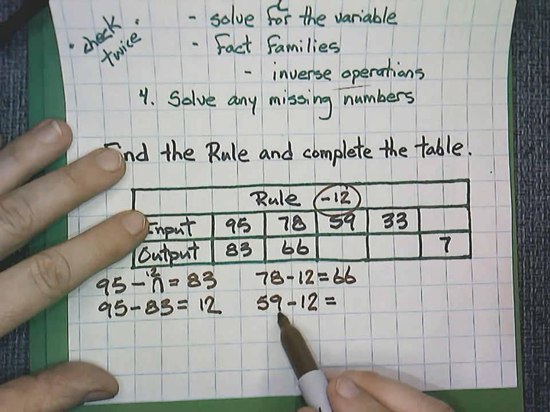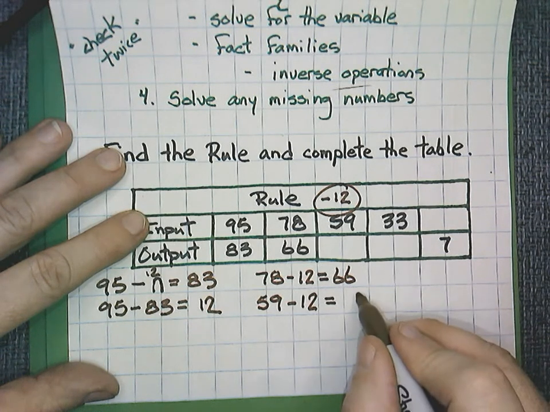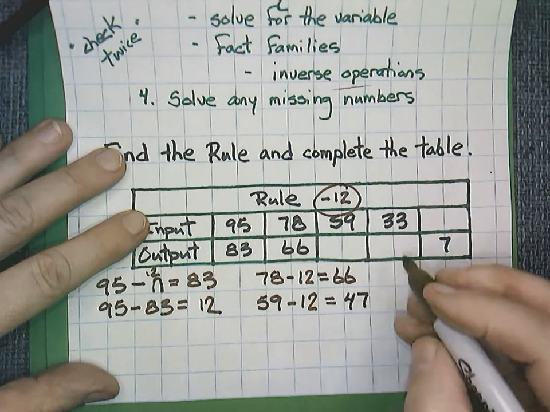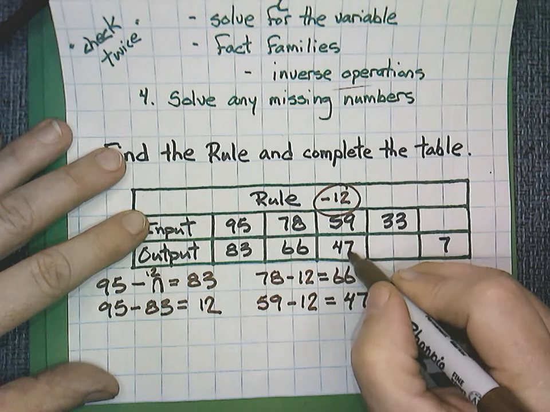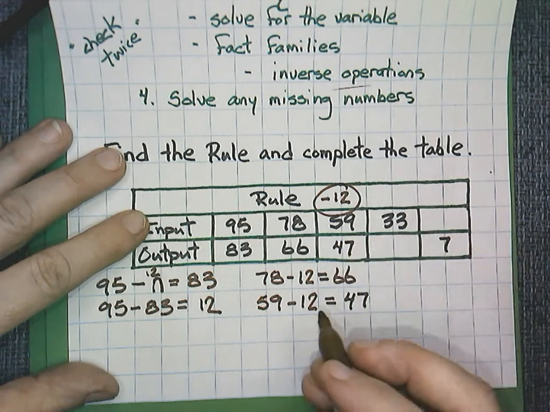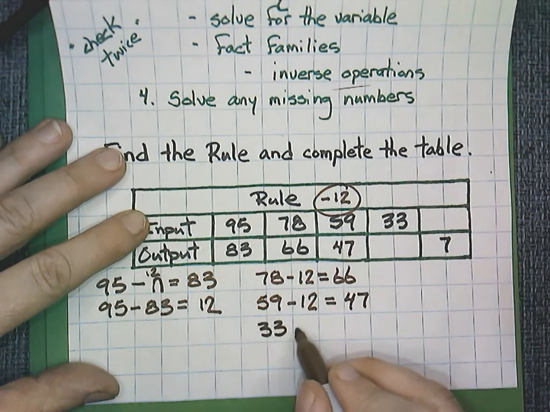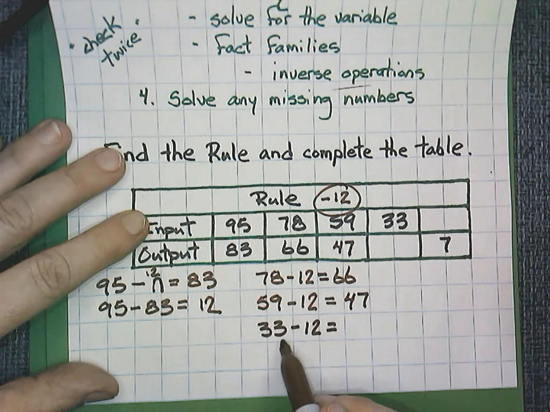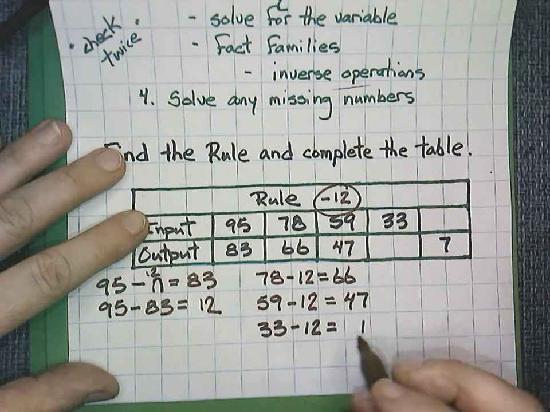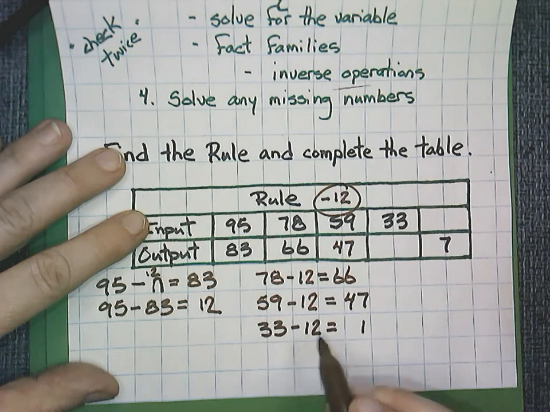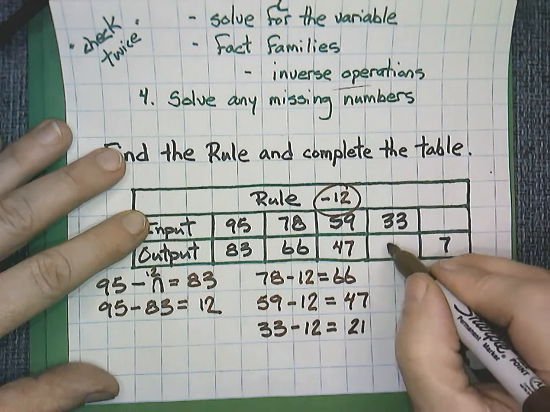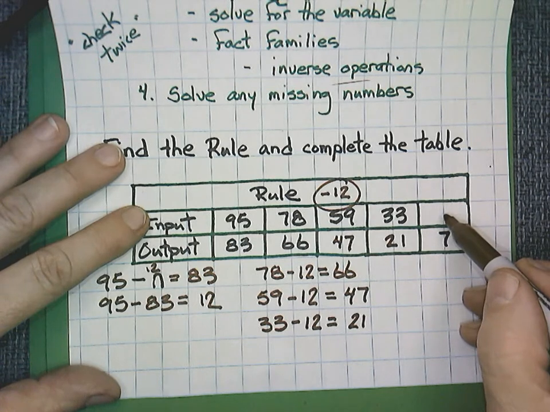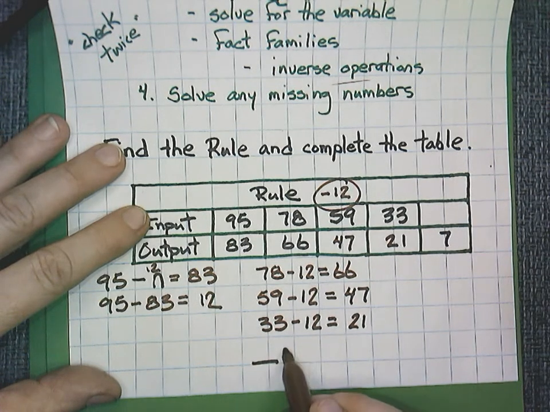I know that 9 in the ones column take away 2 would be the 7. And in the tens, 5 take away 1. So that would be 47. 33 minus our rule of take away 12. I know in the ones, 3 take away 2 would be 1. And in the tens, 3 tens take away 1 ten is 2. So this would be 21. Here I'm missing this number, so I'm going to write this as blank minus 12